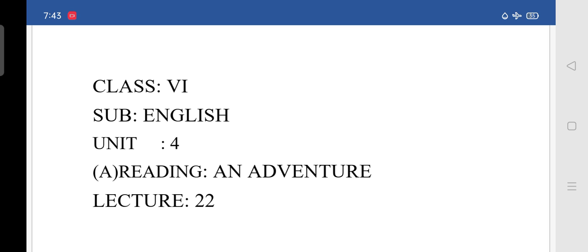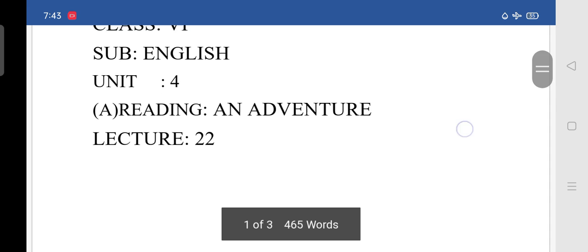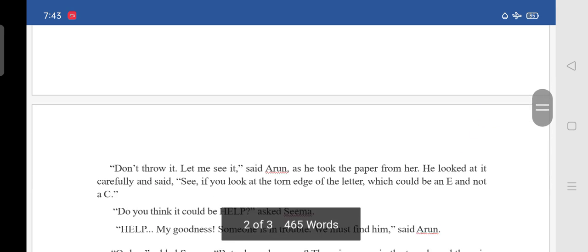Till here we have completed the lesson. So today we are going to complete the remaining part of the lesson. If you see in your textbook,